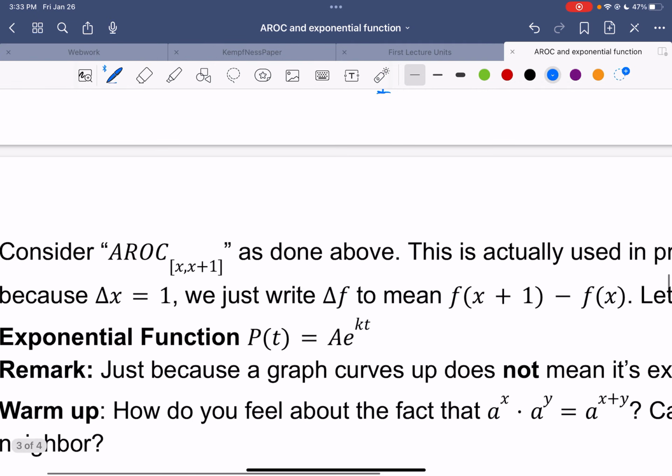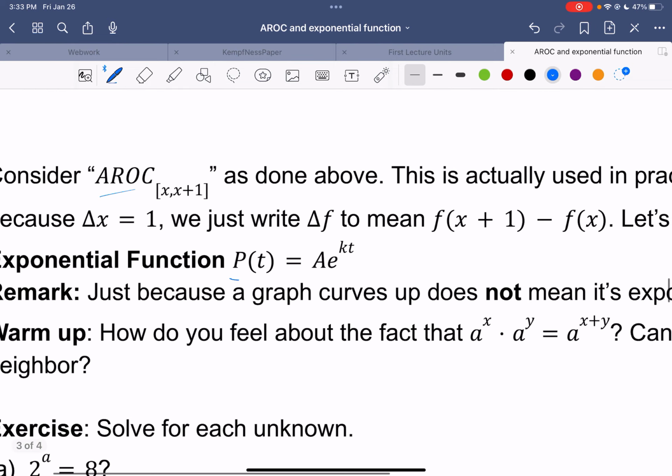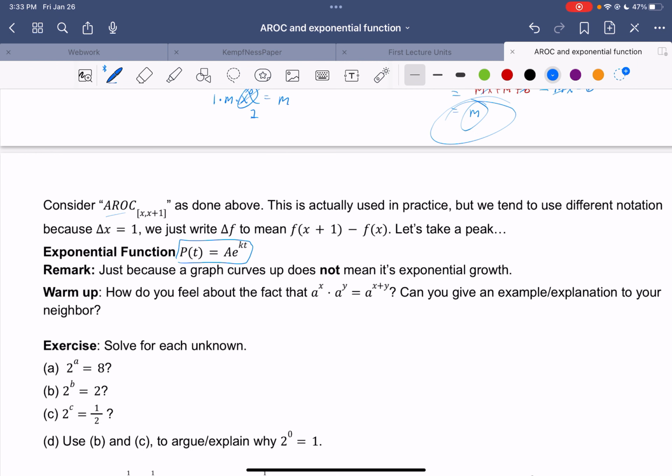We're still gonna care about average rate of change, but we're gonna start looking at the exponential function. So an exponential function is something of this form. And when people say exponential growth, people often misuse that phrase to mean the graph slopes up, but that is not what exponential growth means, okay? And we'll see that exponential growth is defined more so using the idea of average rate of change and the idea of proportional